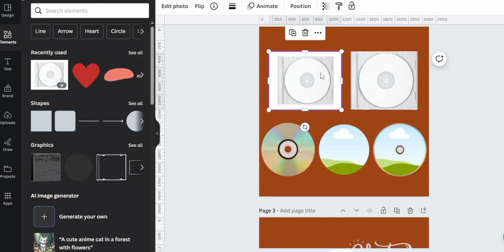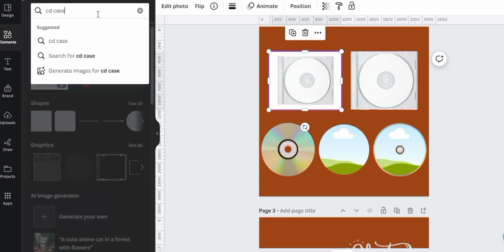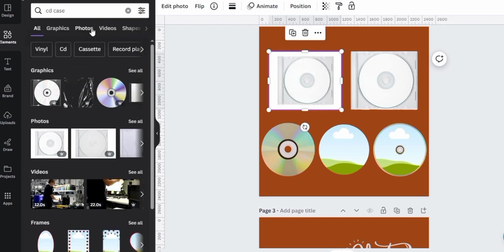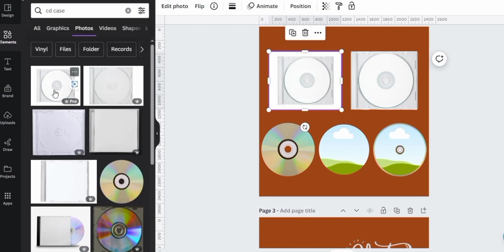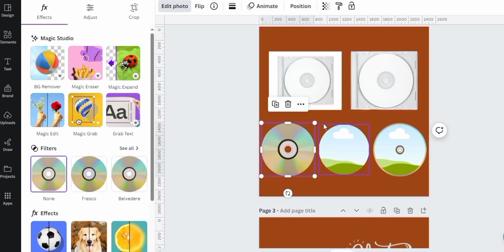Gumamit lang ako nitong CD case. Punta lang kayo sa search bar. Type CD case. Click nyo lang yung photos at ito yung ginamit ko. Next, click the image. Edit photo, then apply background remover. So ito yung kalalabasan. For this one, go to search bar